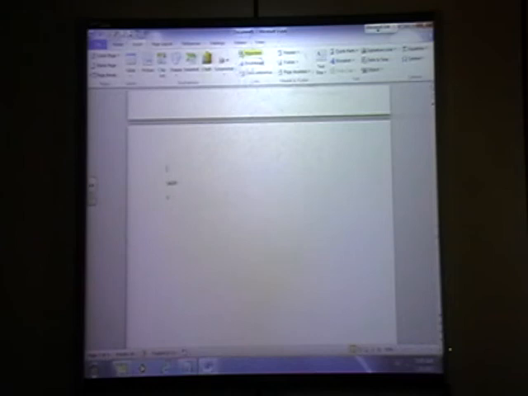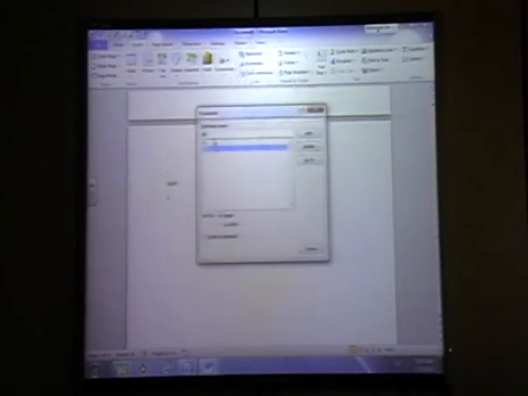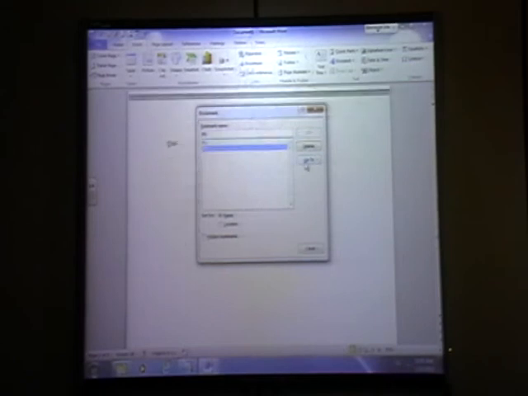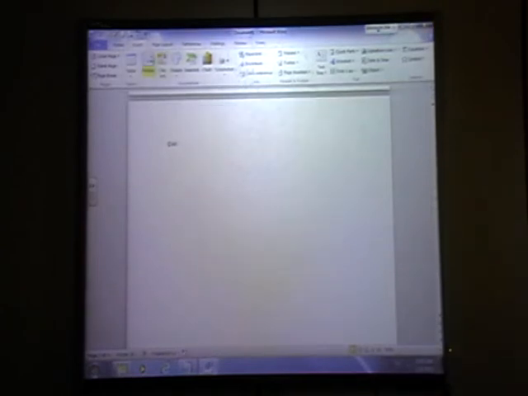If you are on this page, go to insert, bookmark. If you click on P1, go to, you will go there. If you click on P2, go to, you will go there. It is used to go to that page quickly. If you want to delete, delete bookmark, close. So insert bookmark is finished.